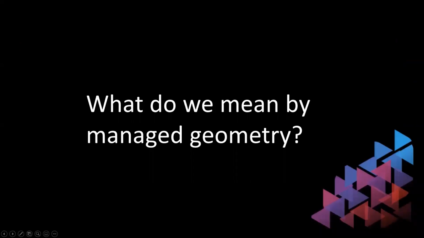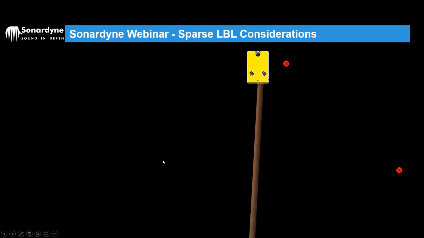But I've also mentioned this term, managed geometry. So what do I mean by that? Let's have a look. In the picture here, I've got this ROV. It's navigating down a pipeline. We've got over here a subsea transponder, and then out to the side here, we've got a subsea